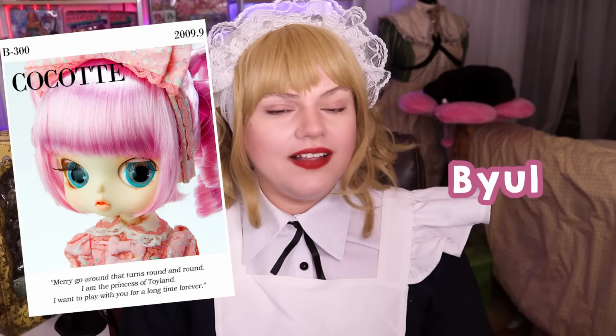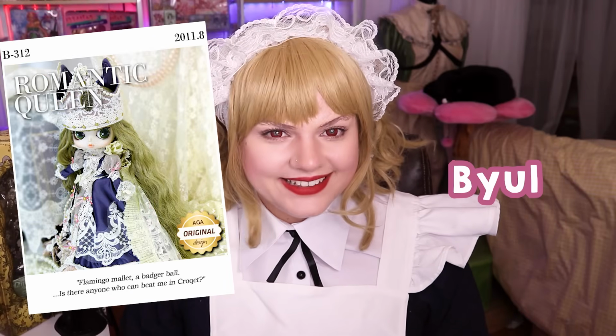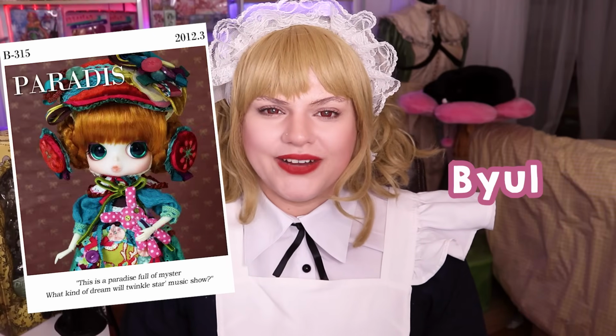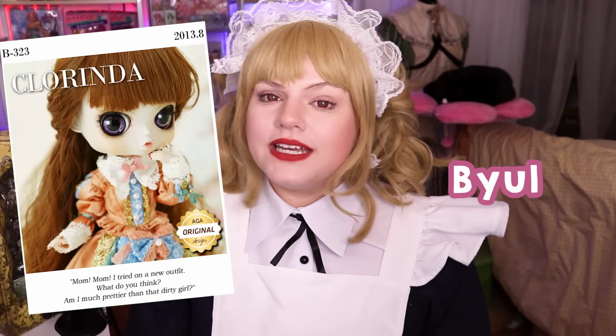To round out our cast for now, we also have Dal's best friend Bayul, who is only 9 inches tall and has even chubbier cheeks than Dal. Like, girl, you're a little squirrel. Bayul is the first canonically Italian character of the cast. The rest are all Korean, and she loves wearing dresses trimmed with lace. The dolls would continue their steady production until...